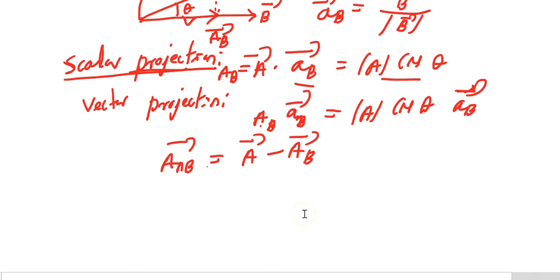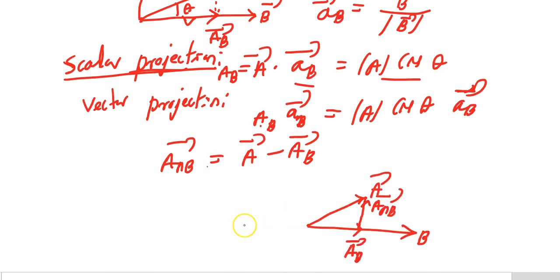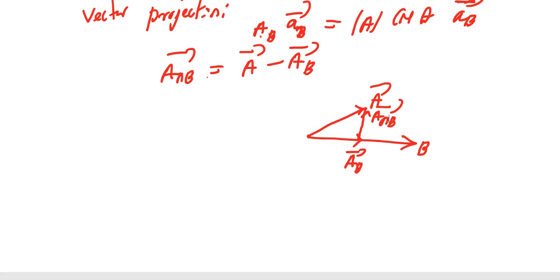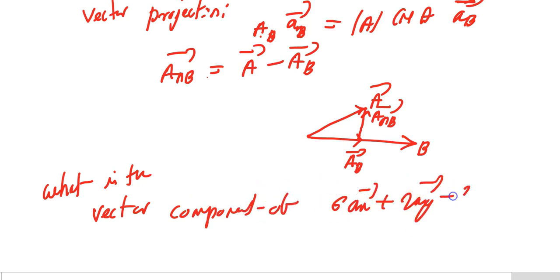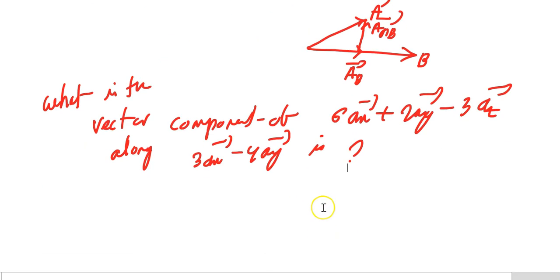So in a simple graph I'll show you. I decomposed vector A with respect to B into along, or you can say the parallel and perpendicular components. We'll discuss with an example. What is the vector component along